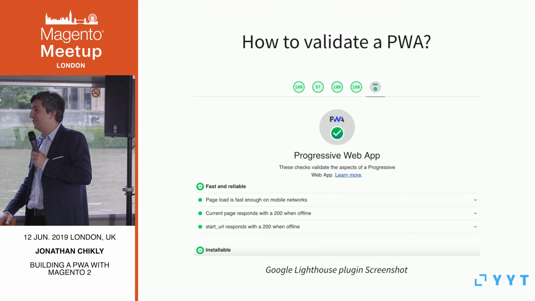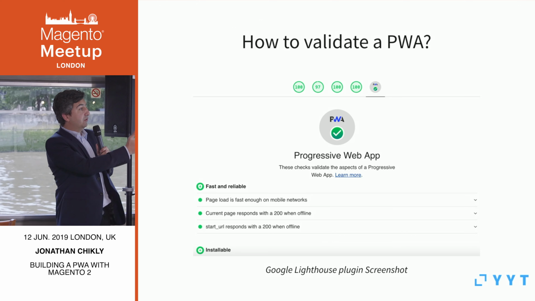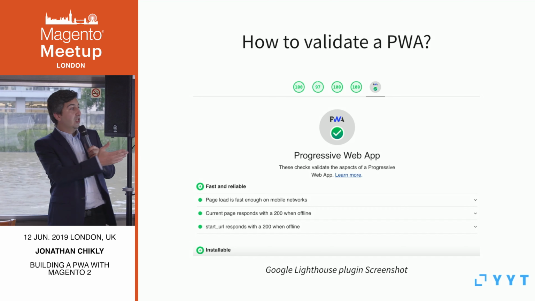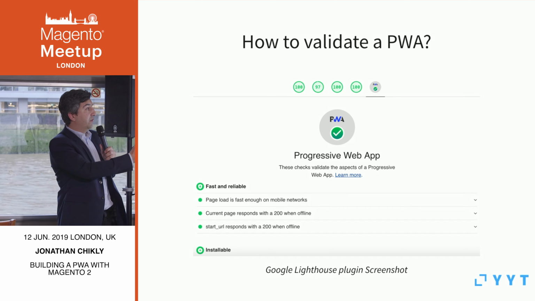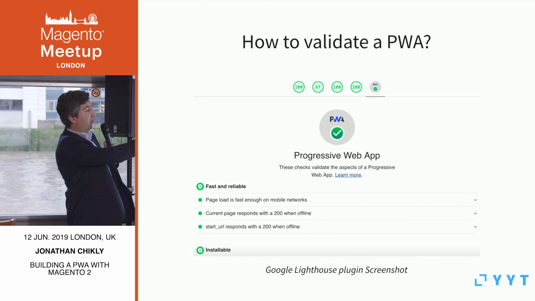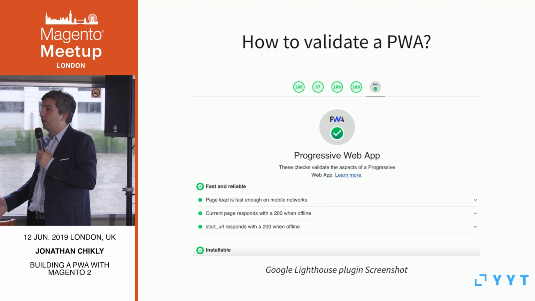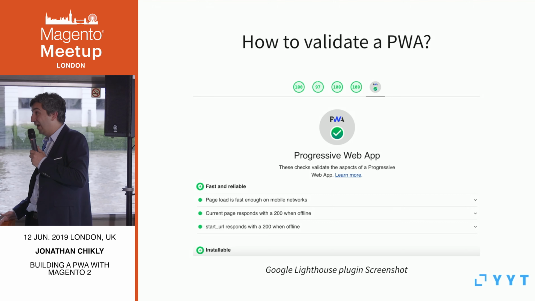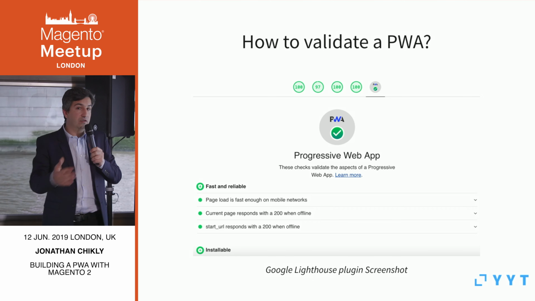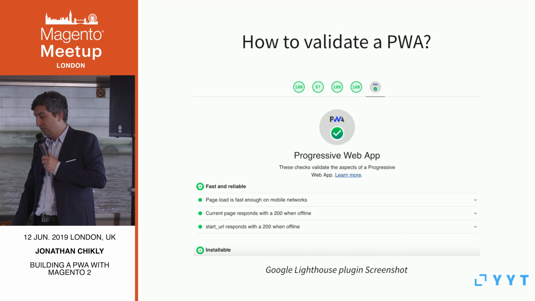And the last section of this definition part is how to validate that the website is a PWA. This is a screenshot of the Google Lighthouse plugin, a plugin that you install on Chrome, and you get to see whether a website is a PWA or not, thanks to the PWA badge that's quite prominent on the results here. Some of the requirements, as we saw, are that it should be available offline, it should render relatively quickly, and there is a lot of image optimization. There are other types of optimization that are required to achieve that.